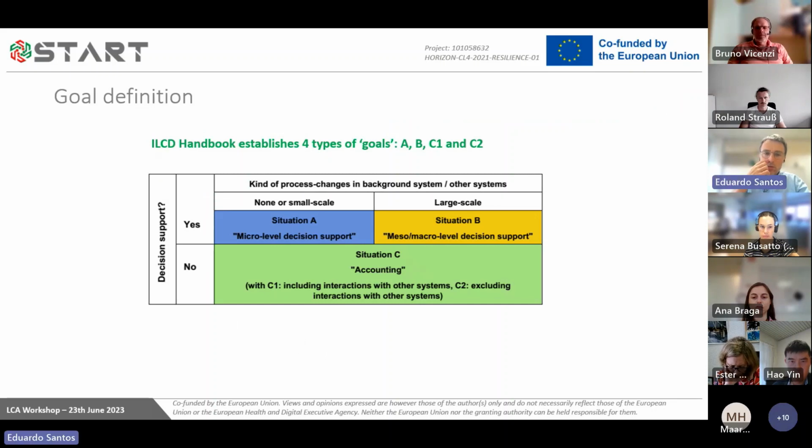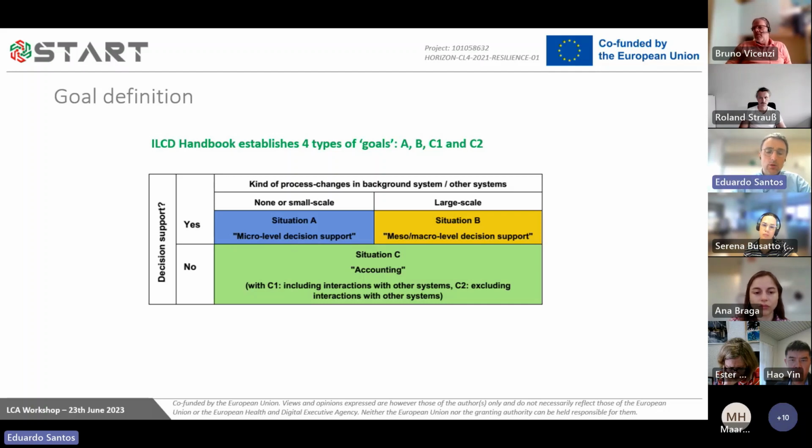So I will not go into this very much, but in terms of goal, there are some types of goals, and we have to see if this is for decision support, yes or no, and what level we are trying to do the LCA for. So is this for a very small micro level decision? Are we doing material A or material B, or a specific change to a given component, or is it more like a macro level about the product or the product system that we want to assess,